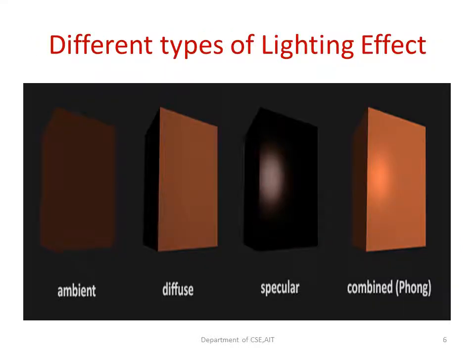These are some of the different types of lights. The first one is the ambient, which is a uniform distribution. Diffuse means we have a light source as well as ambient. A light source will be there, and ambient will also be there. In the specular, by making use of the Phong model or any other model, we create a specular effect. The fourth one is a combination of the specular, also making use of the Phong equation for creating the effect. So these are some values we get after we apply the API to an object.